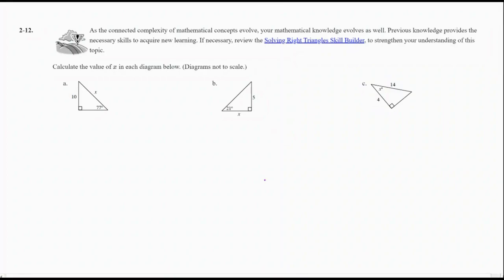If you are struggling with solving right triangles, CPM has a cool link to help you and give you practice problems and stuff like that. I would check it out if you need it. So here are some practice problems to do for the homework, where we have to find what x is in each of these triangles. First one here, we are given an angle and a side, and we're looking for